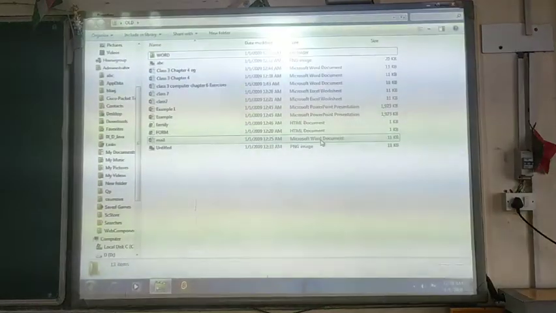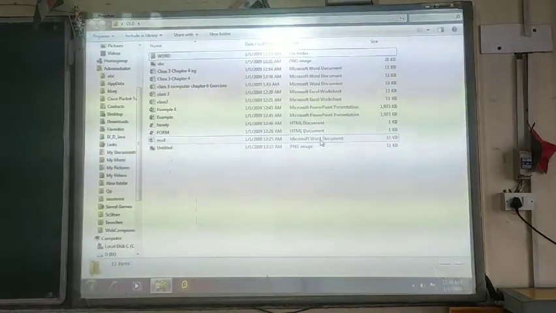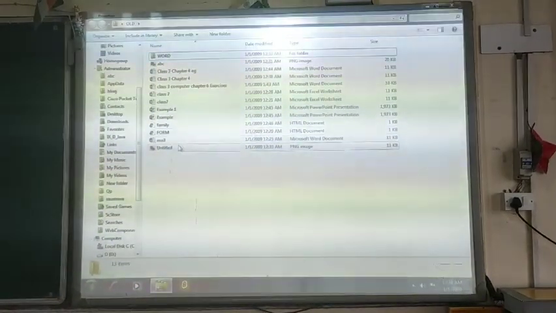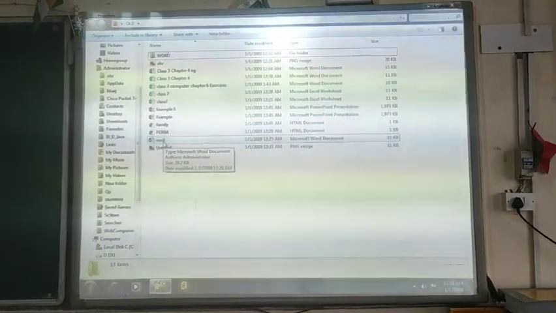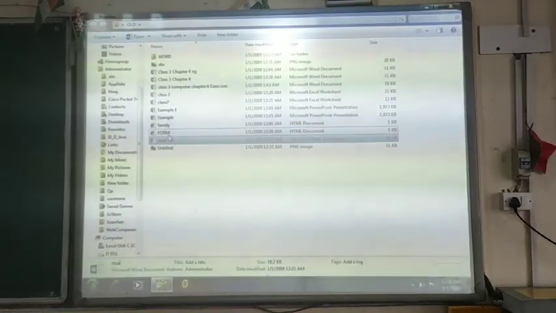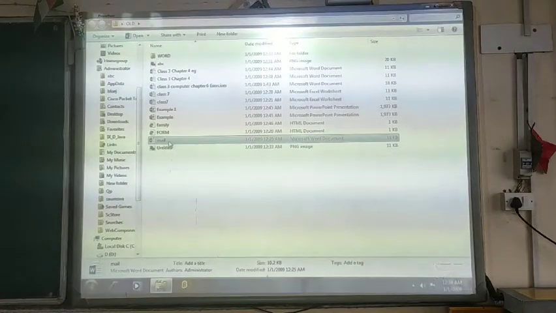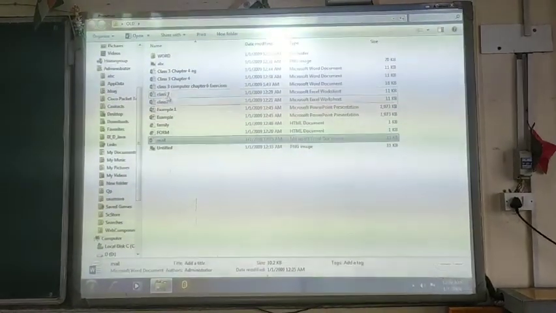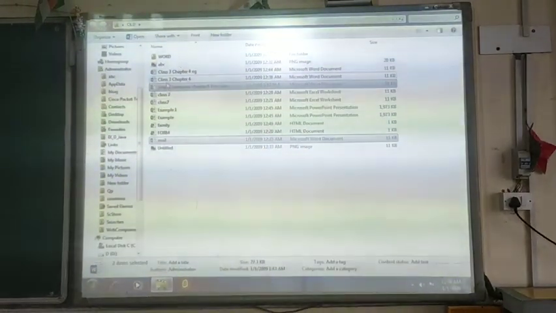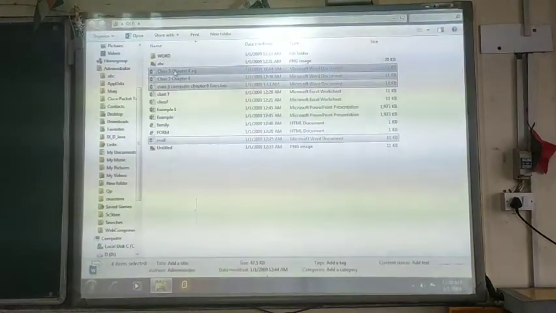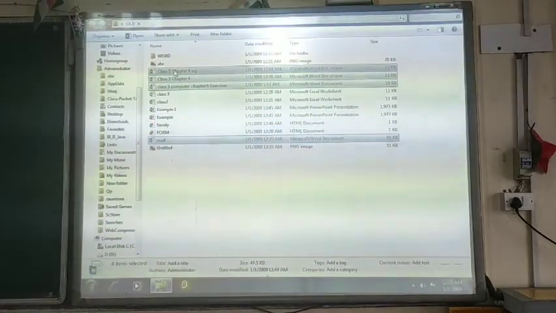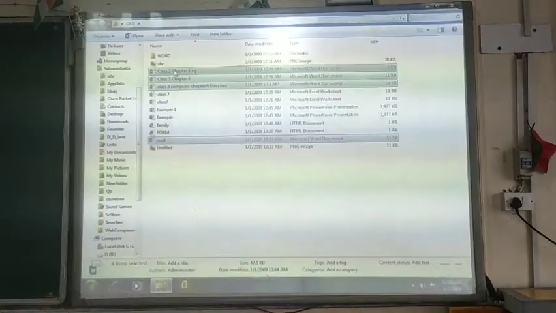So here we will separate all the Word documents. Select one file, press and hold the Control button, and select all the other files. Suppose these are the four Word document files.